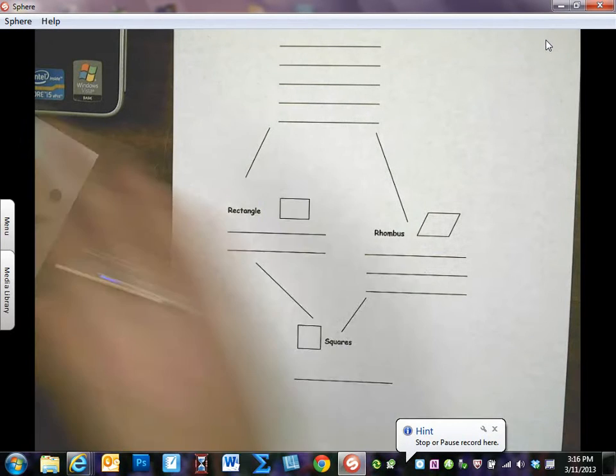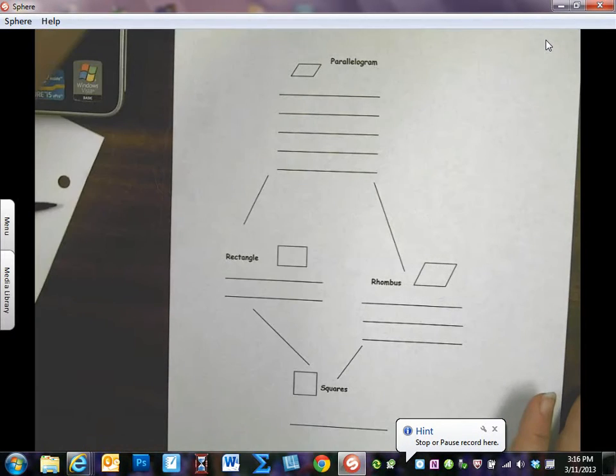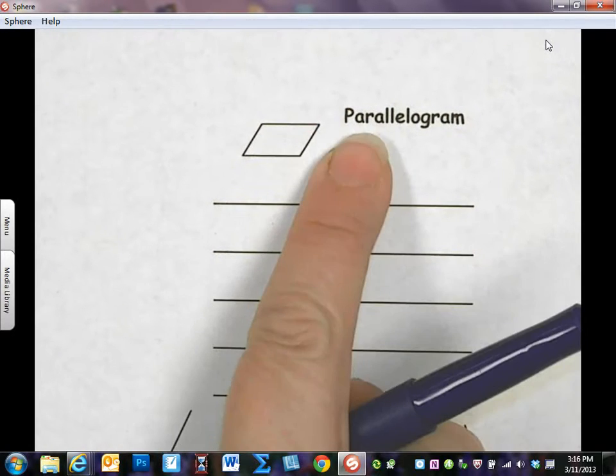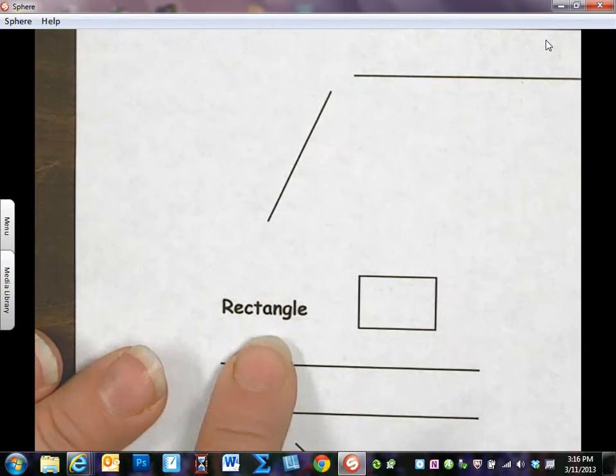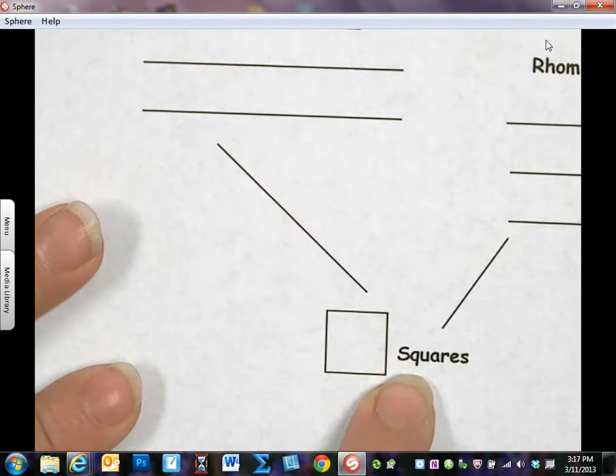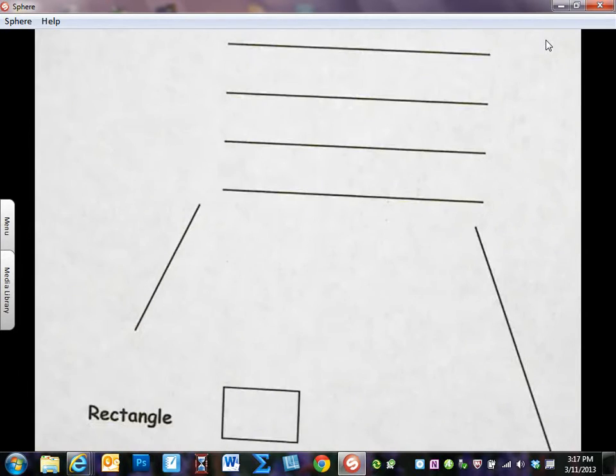Hey guys, this is Mrs. Stickler again. I am specifically coming on here to review with you what you are going to have a quiz on in class on Wednesday. We're focusing primarily on the parallelogram, rectangle, rhombus, and square tabs of your study guide, of your flip book that